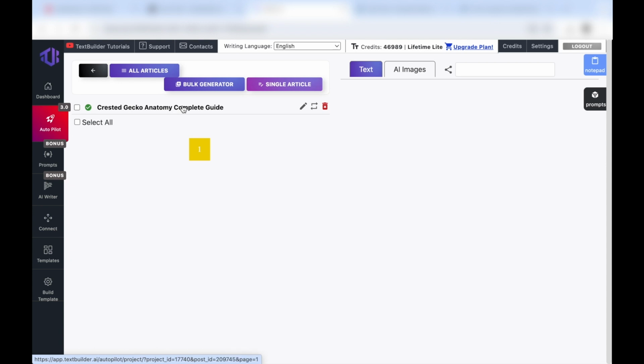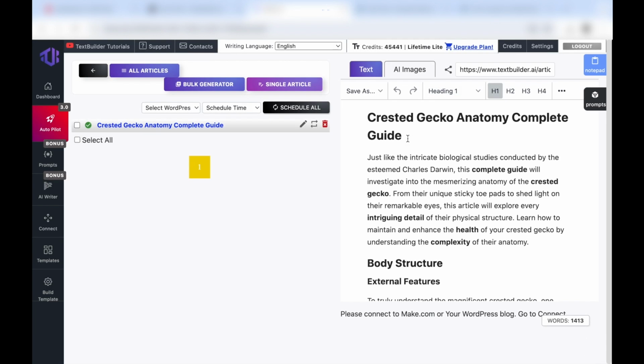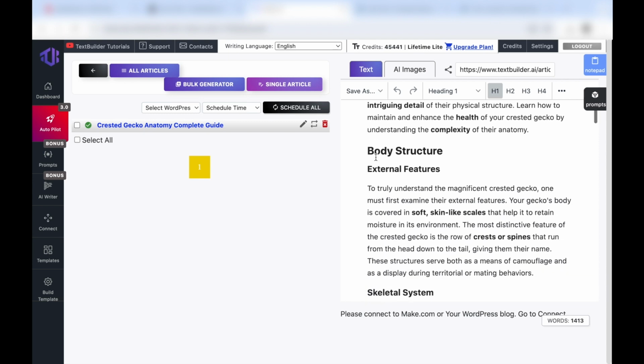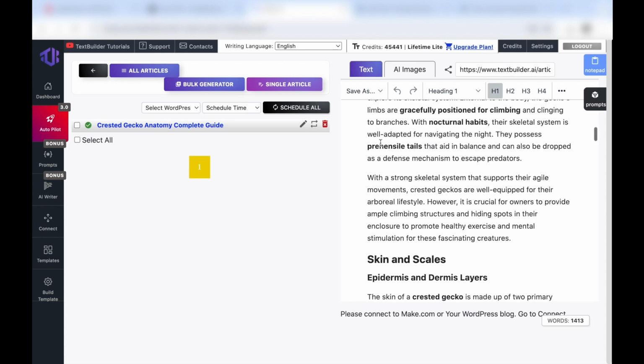And when it's done, you click on it and it'll show you crested gecko anatomy, complete guide. And then what I always do is I'll skim through it to make sure there's nothing stupid. Sometimes it will say random stuff that doesn't make sense because it is an AI. And what's cool with this one, to like